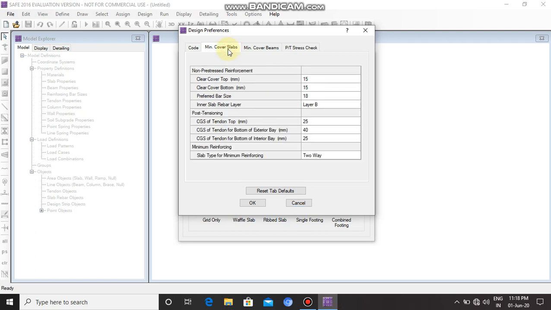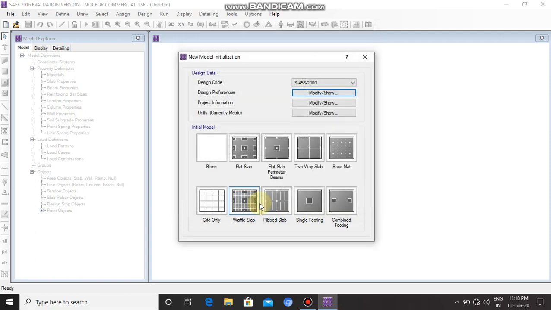Here, the clear cover top in mm must be 50 and the clear cover bottom in mm is also 50 and the preferred bar size will be 22 mm. Now click on OK and then click on grid only.